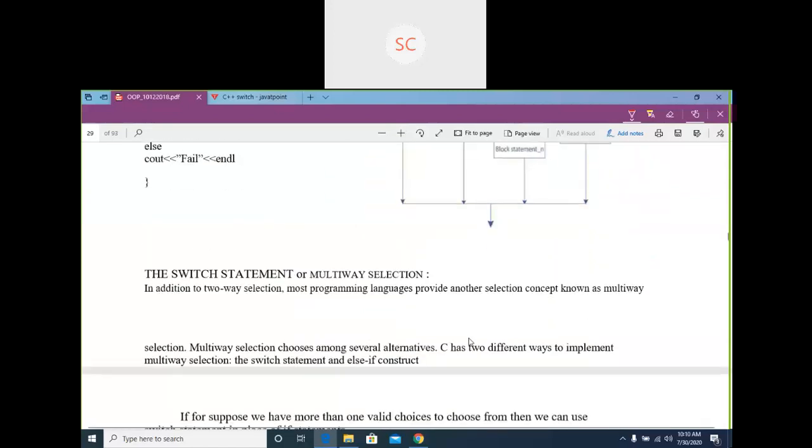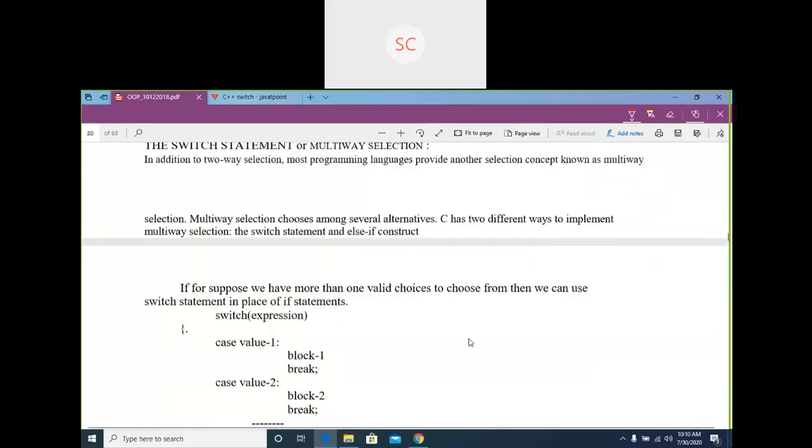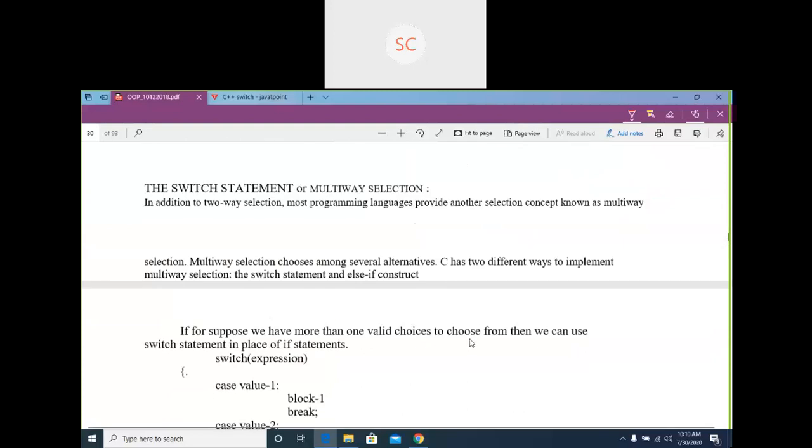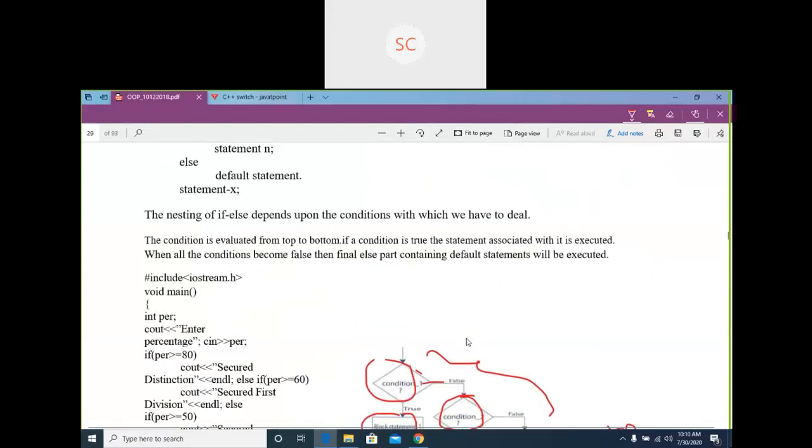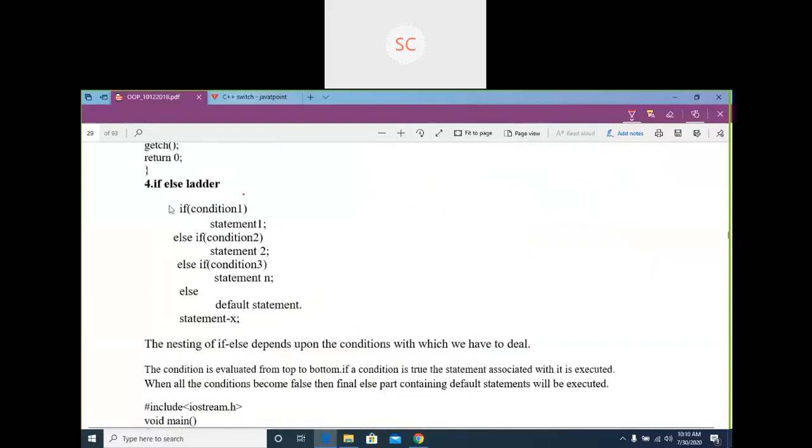Next we have the switch statement. In the switch statement also, we can check multiple conditions. How will you check? In the previous case, in the if else ladder, the first condition is checked.